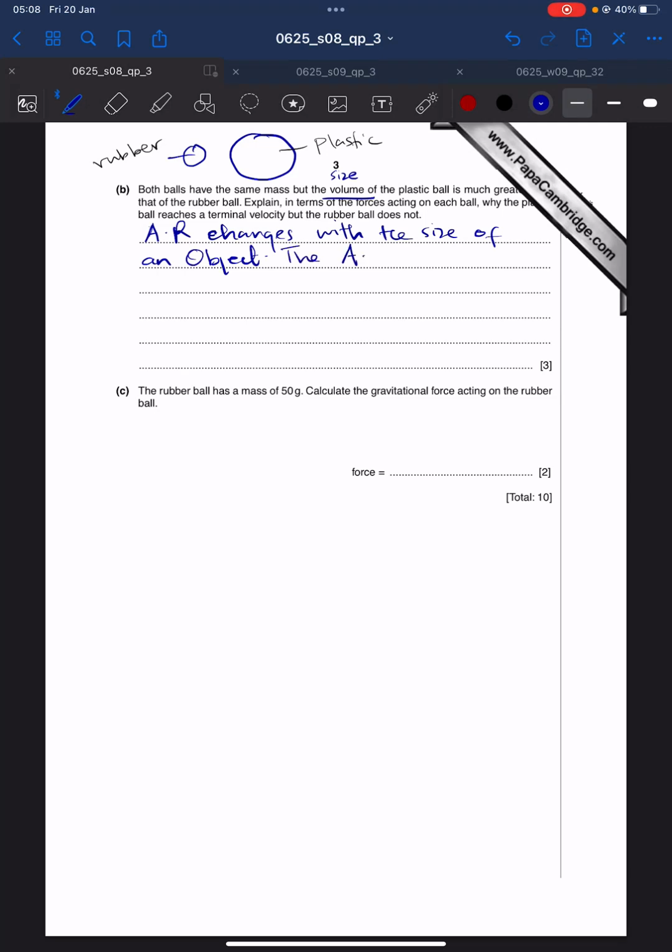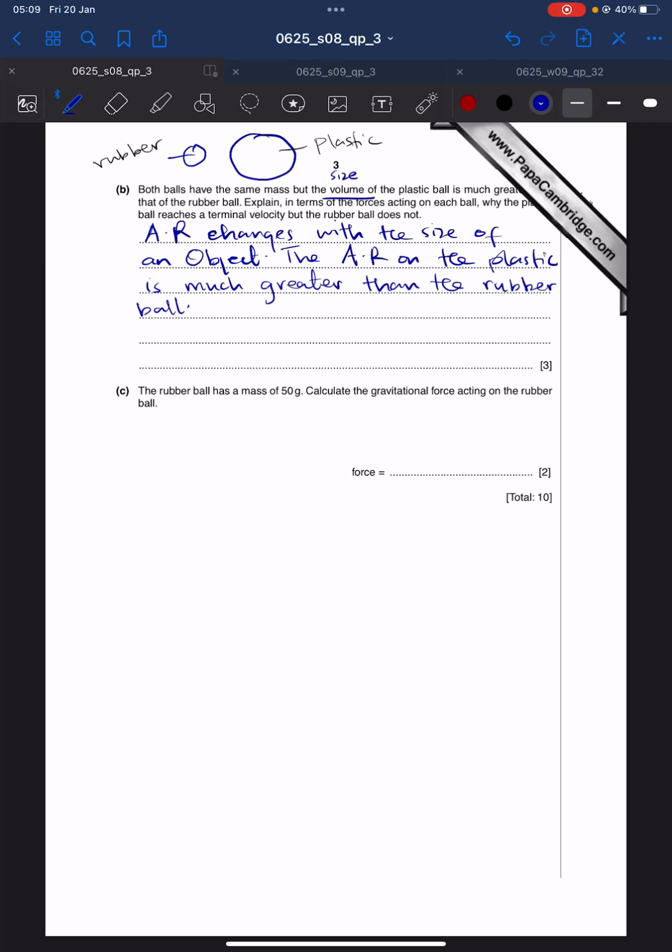The air resistance on the plastic is much greater than on the rubber one. عشان كده هيكون شنو؟